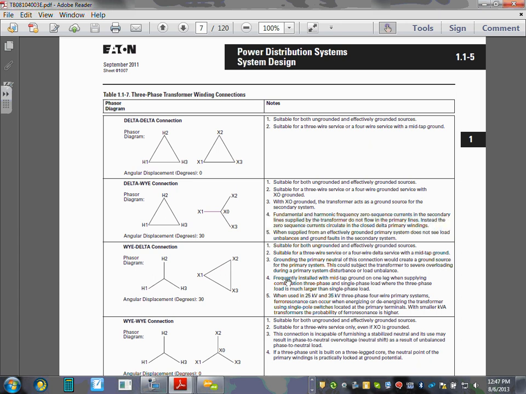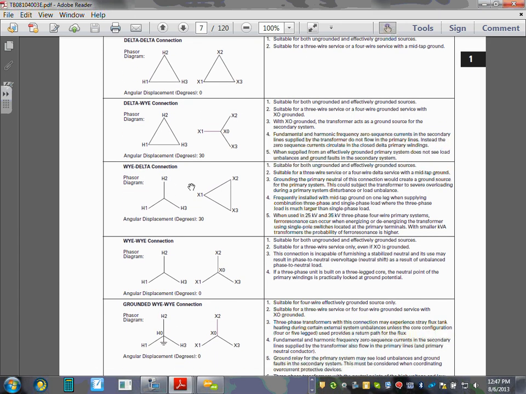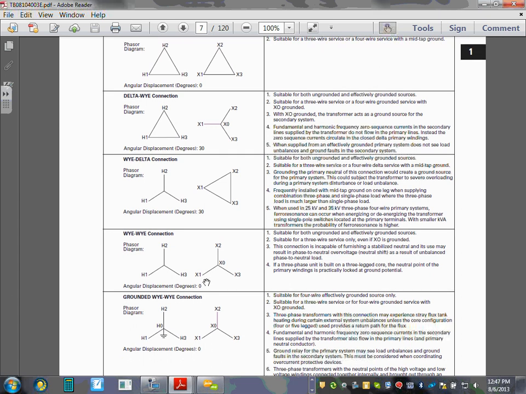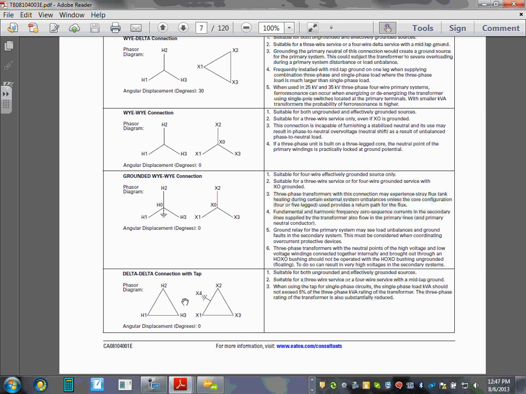The rest of them, I've never encountered a Y delta system except they do them in transmission and distribution. The YY system, they use when they transmit the power from city to city. These are the ways they tie the coils inside the transformer, if anybody's wondering. So I thought just to give you guys a couple of scenarios. This one is delta